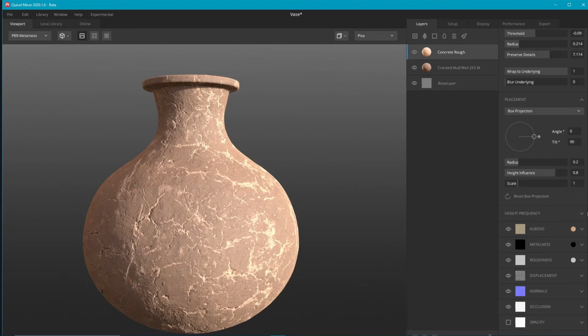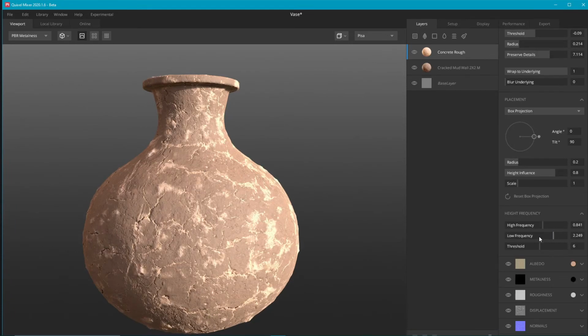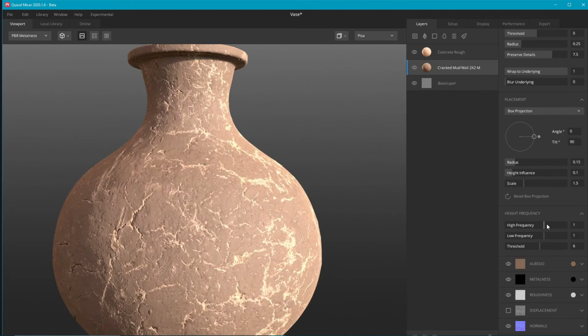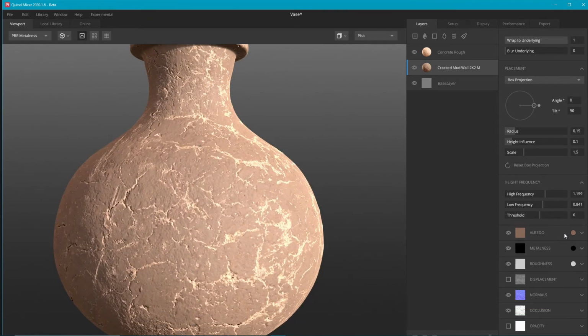If you click on this height frequency, you can increase some of the height values. You can play around with the threshold. Threshold basically just means how detailed it is. If you click on the cracked mud, you're going to play with the height frequency as well. So this height just gives fake depth to your model. You see,